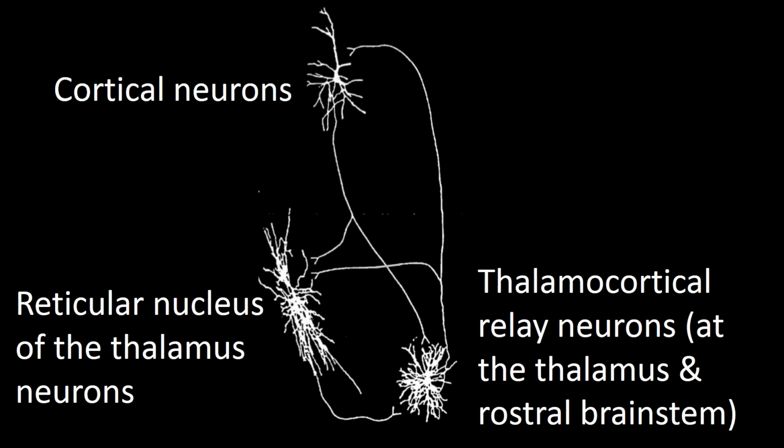Cortical neurons then contact the reticular nucleus thalamic cells and also the thalamocortical relay neurons as shown in this frame. So it starts with neurons in the reticular nucleus of the thalamus, which we said before were the pacemakers of the spindles,